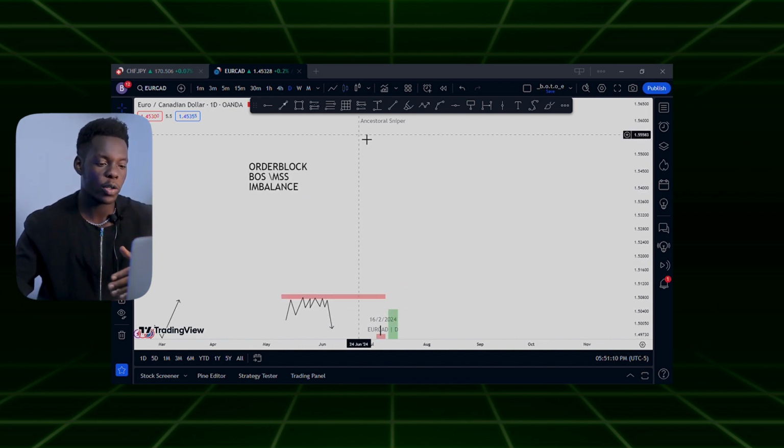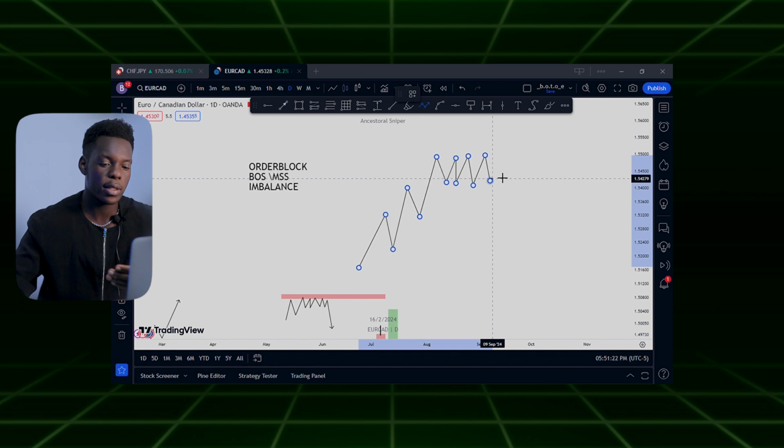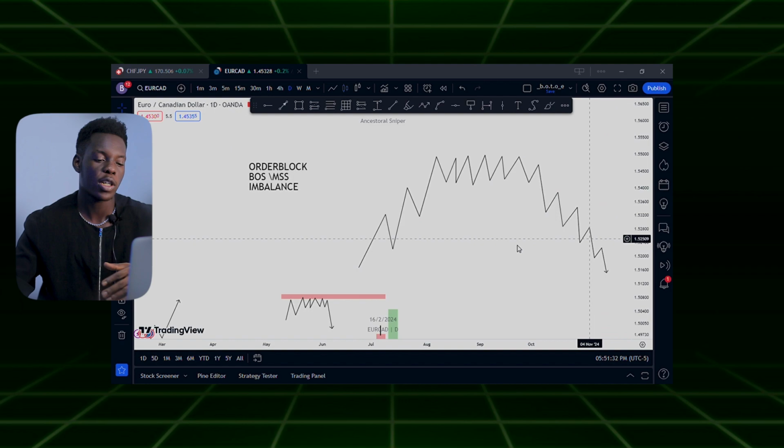So first and foremost, I want to determine what part of the trend I'm actually in, right? What part of the market we actually are in. So the market moves in basically three ways. It either rallies, or it consolidates, or it can be in a downtrend, right? So how do I know that price has changed from one stage to another, or it's continuing with a specific stage? If I'm moving to the upside in an uptrend, or I'm rallying and I have a break of structure